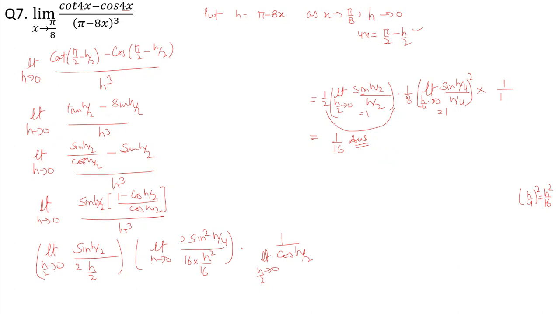Let's do one more question. Here we have cos x minus cos a upon square root of x minus square root of a, and limit x approaches a. So surely we are going to apply the formula for cos x minus cos a, because this is the only option coming to mind. So we have limit x approaches a.